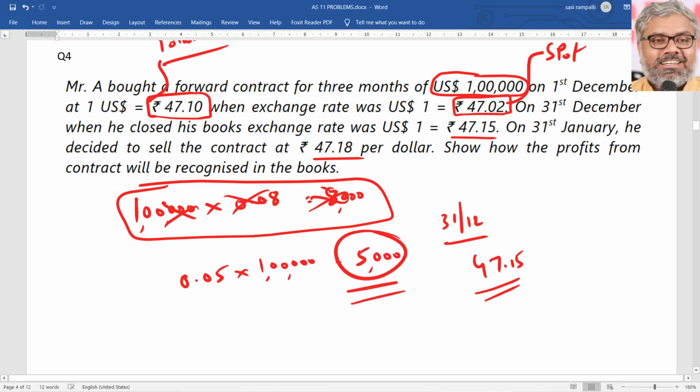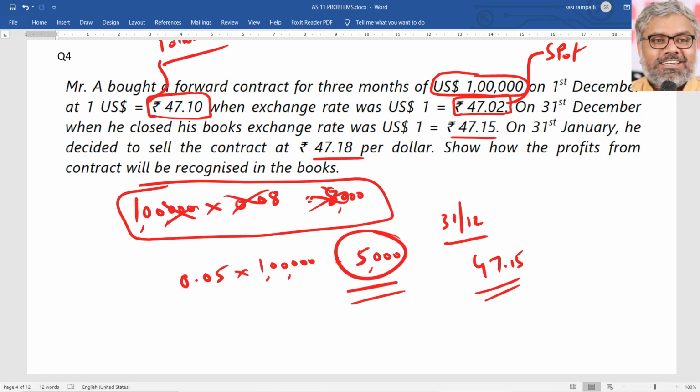This is profit. Is it realized profit? No sir, it is unrealized profit, but still it has to be recognized according to Accounting Standard 11 because it said that at each reporting period, intermittent reporting period, this forward exchange contract which was purchased or sold for speculative purposes has to be marked to the market. Marked to the market itself means this difference between original purchase price and market price on the date of closure of the balance sheet has to be recognized either as profit or loss. In this case it is profit. Why? Because he bought it at 47.10 but the market price was 47.15 on the date of closure of the balance sheet.